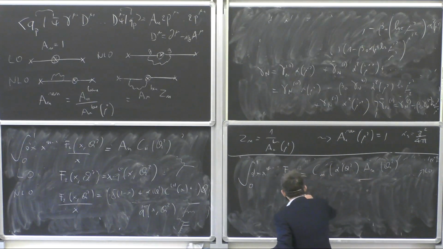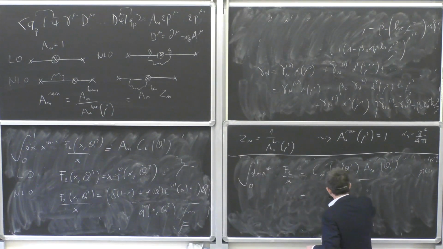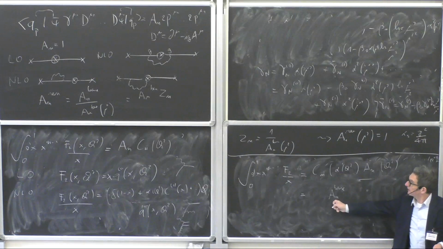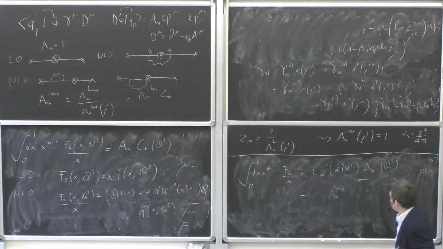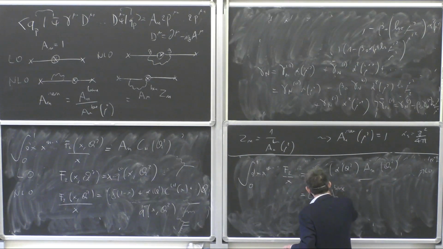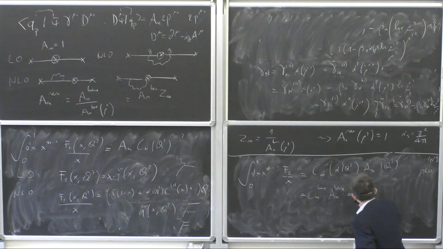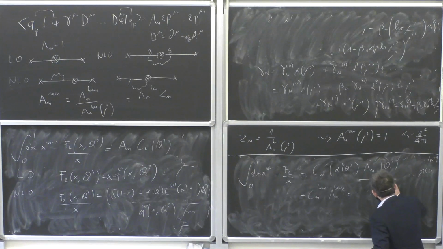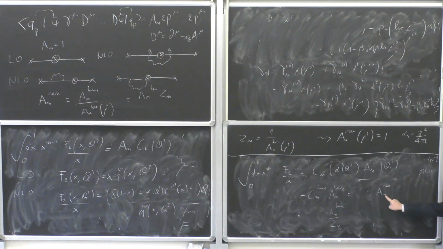And if I look at this expression, I can think of it as something where I have some An bare, and this is divergent, and this is what I get when I compute the Feynman diagrams before renormalizing anything, which means there must correspondingly be a Cn bare, which is also divergent, in such a way that when I rewrite this as An renormalized, and remember, An renormalized was An bare divided by Zn, here there must be some Cn